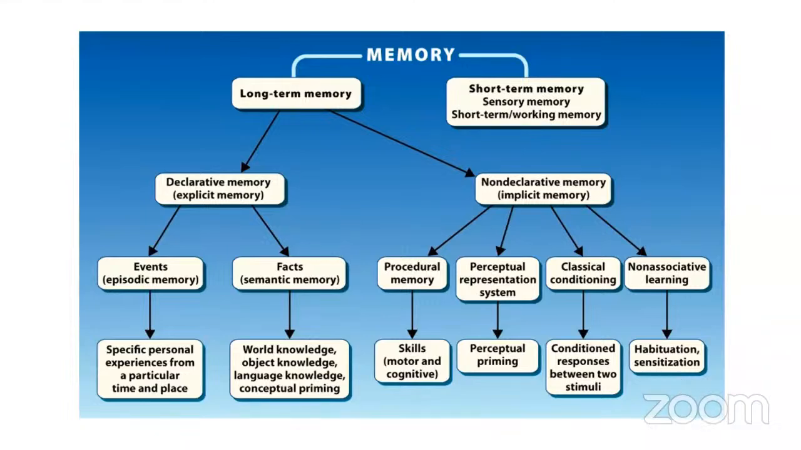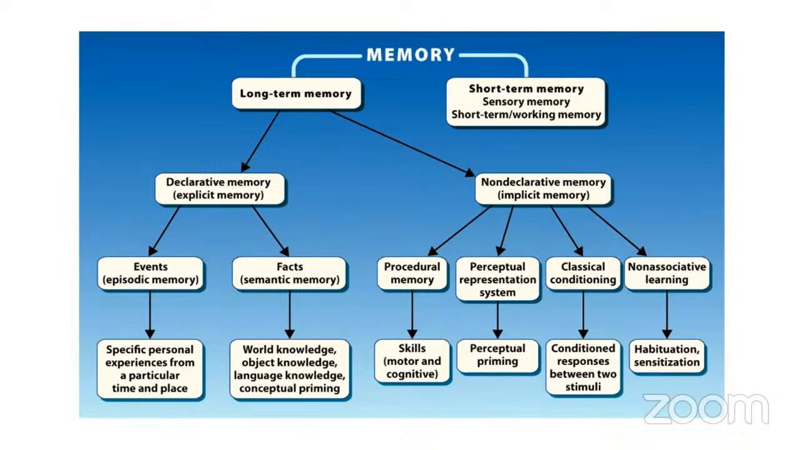Okay, so long-term memory can be declarative memory, and that is called explicit. Also, it can be non-declarative, that is implicit memory. The declarative memory is event-related, the time-locked episodic memory, and facts of semantic memory. Semantic memory is what we grow up with, that is our knowledge: world knowledge, object knowledge, language knowledge, conceptual priming. All these things are facts. That is semantic memory. The episodic memory is events, time locked, specific personal experience from a particular time and place,